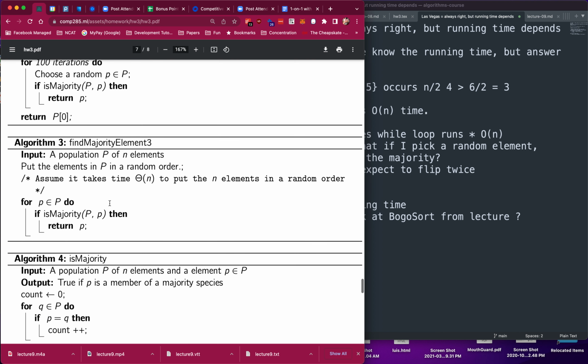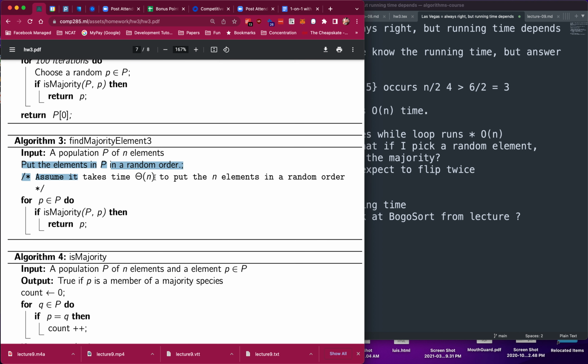The third algorithm is: first you shuffle your elements in P, and then you iterate over each element in P, and if it is the majority, then you return it. So again, this algorithm always returns the right answer. Why? Because we iterate over every single element in P. So for every element, we ask, are you the majority? If you're the majority, then we return. If you're not the majority, then we don't return. So this algorithm always returns the right answer, but the running time is going to be interesting,